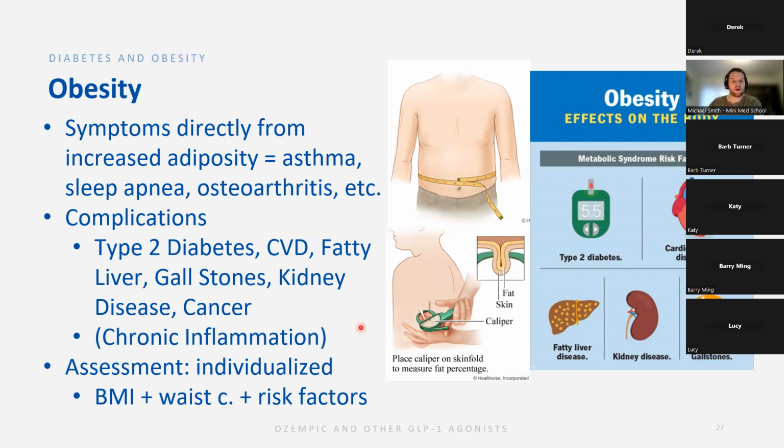And so at the general population level, we've seen that obesity is defined based on BMI, the body mass index. However, at an individual level, it's really important that the assessment and diagnosis of obesity is individualized to include other factors such as waist circumference, skin caliper readings that you may have seen here, as well as an evaluation of some of the risk factors. And this is really important to do because